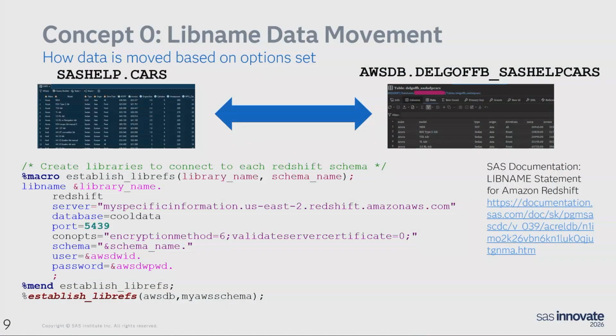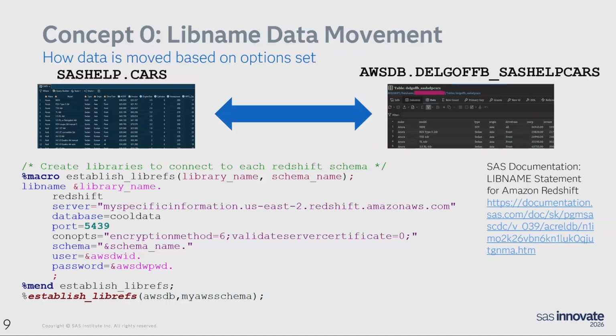The most familiar way to access, copy, or move data is the libname statement. If you spend any time programming in SAS, you're pretty familiar with the libname statement. To connect to the AWS environment, you would use a libname statement like this one. Note that I'm using macro variables to populate sensitive information, and have a couple places I've obscured the true values that you would use to connect to a real database.